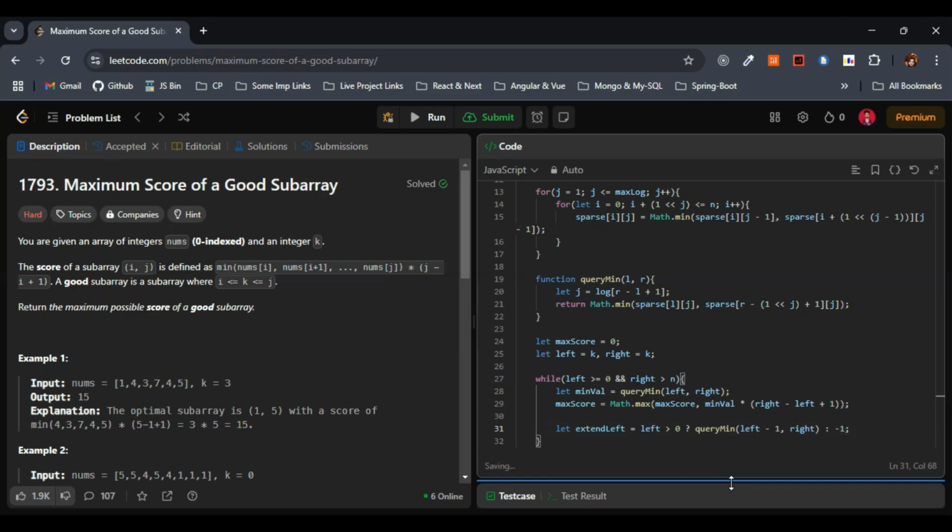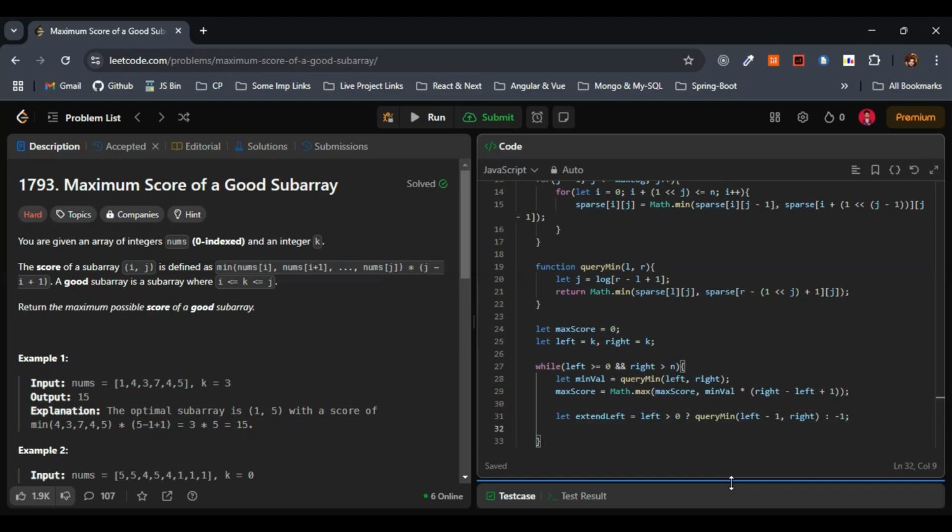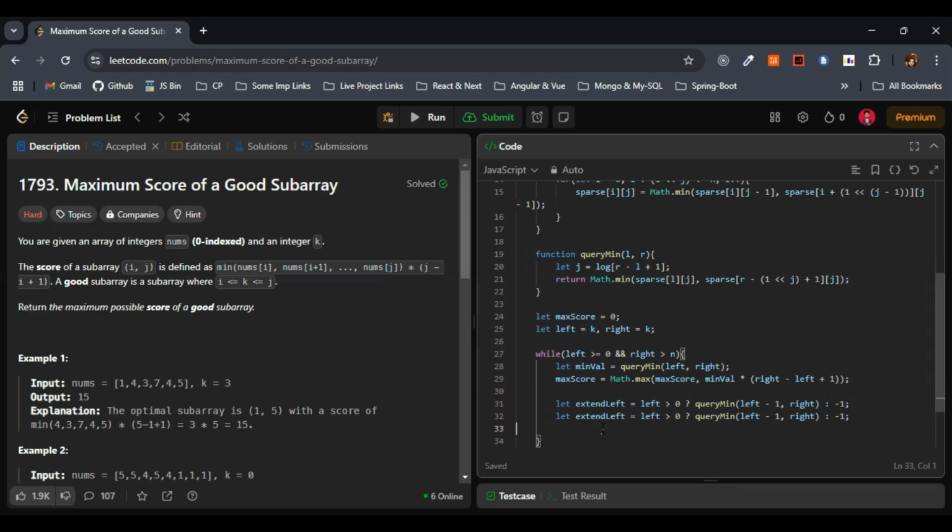So this is fine. This is for extending left. Same thing, let's do it for the right as well. I'll just copy paste and make the necessary changes here. Instead of left, let me consider right. Here we have to consider right not greater than 0, less than n minus 1,